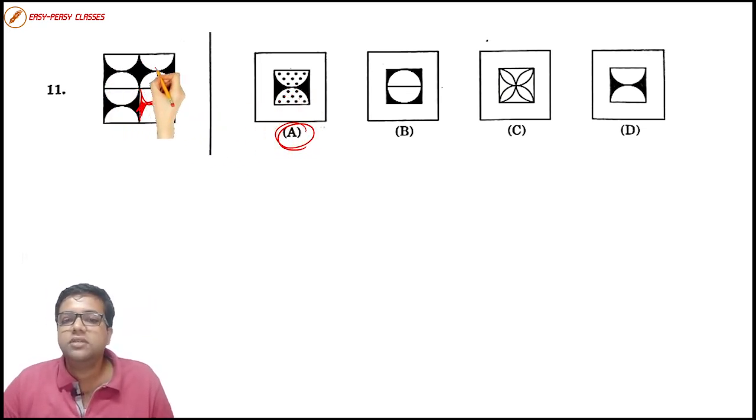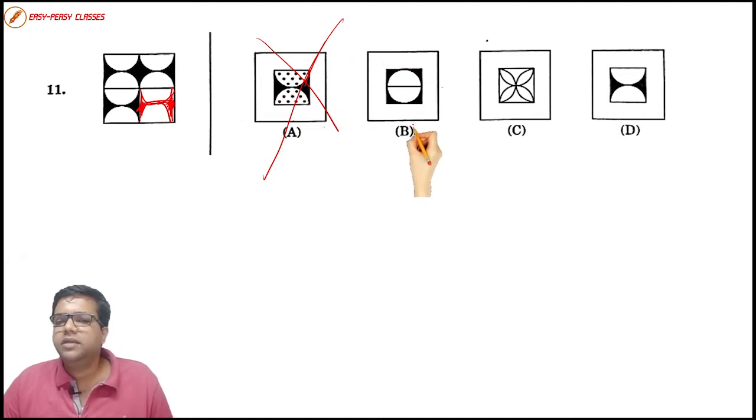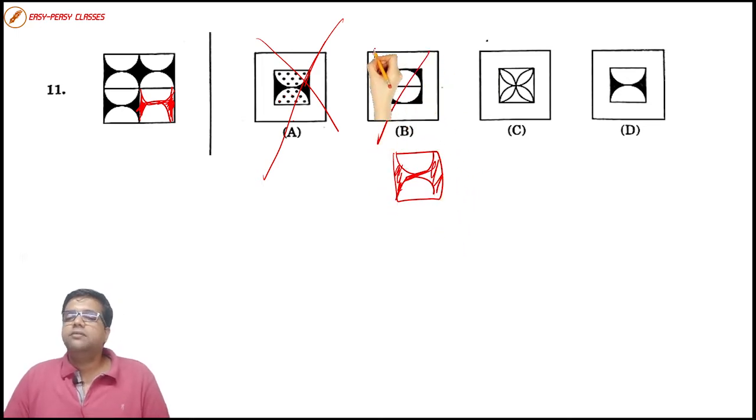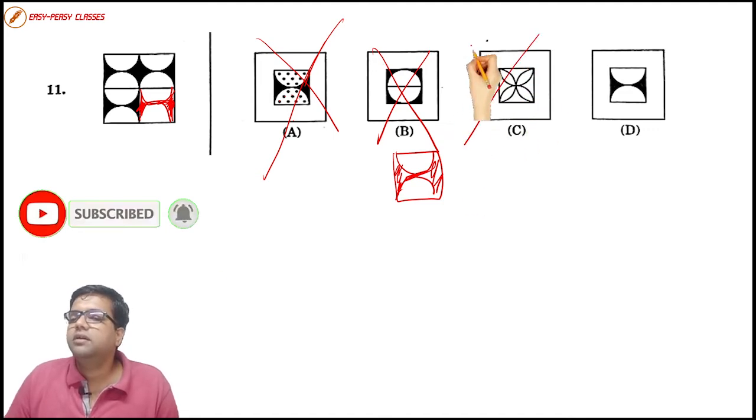All right, none of these other three squares have any kind of dots, and henceforth the missing figure will also not have any kind of dots. So we eliminate option number A. Let us go on further to option number B. We have semicircles, but they are complementary to each other. It should not be the case. It should be the opposite, right? They should be standing opposite to each other. This should be our figure, and the rest of the part should have been colored. But here we don't have that kind of figure, so we eliminate that as well. We have no semicircles over here, so we eliminate it.